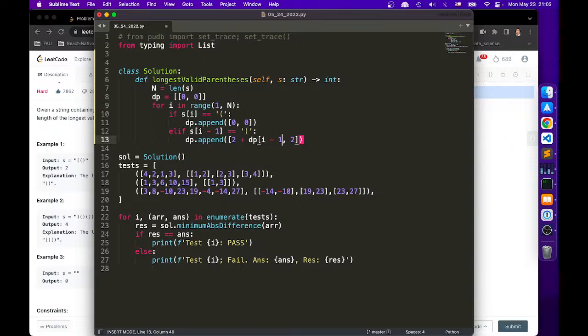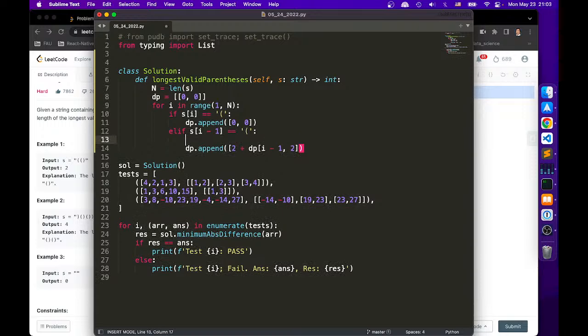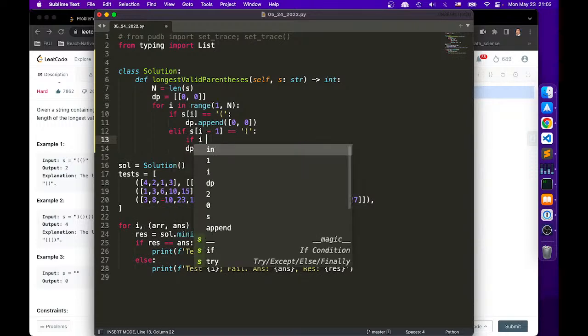Alright, back at it. So what I find right now is we might have an issue here. The issue is, what if we don't have i-2? So we have to check here. If this one, and we say if i-1,